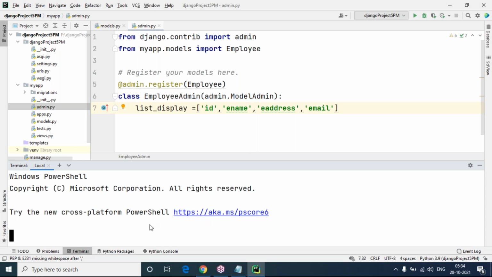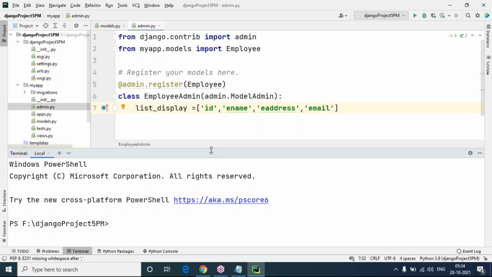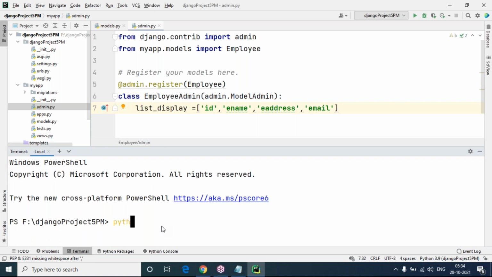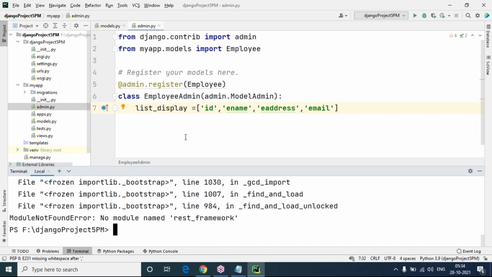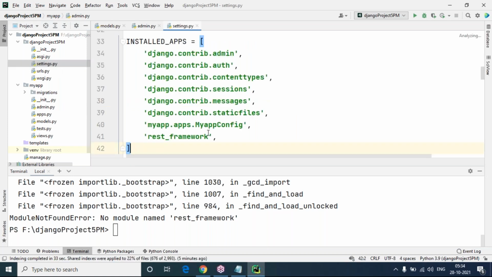Let's just wait, and you can see: python manage.py makemigrations. Oh, no module named rest_framework. Yes, the REST framework name is not there here. No problem. Let's remove this REST framework. Where it is there, I have mentioned rest_framework.